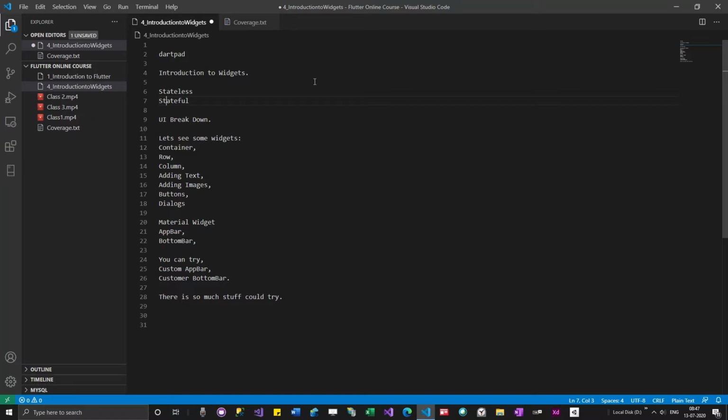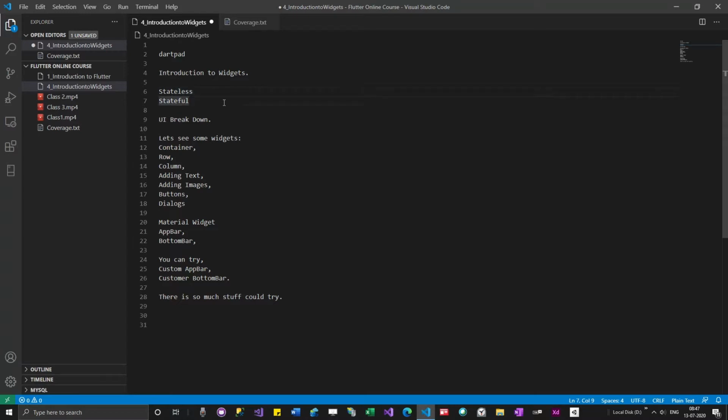To begin with Flutter, we need to know that everything in Flutter is a widget. If you have developed any project using Flutter, anything showing on top of a screen is a widget. There are two types: stateful widget and stateless widget. That's how you create a widget. A button on a screen is a widget.